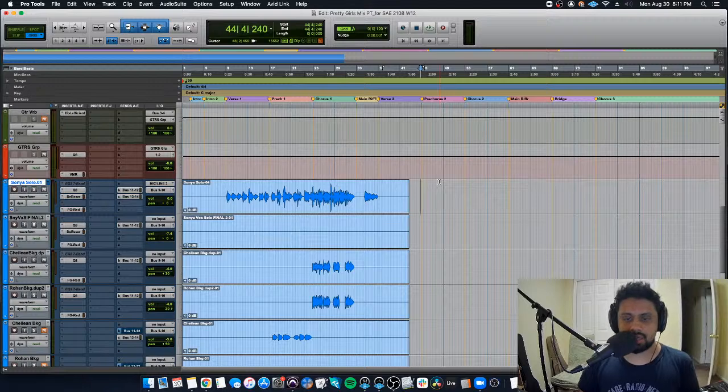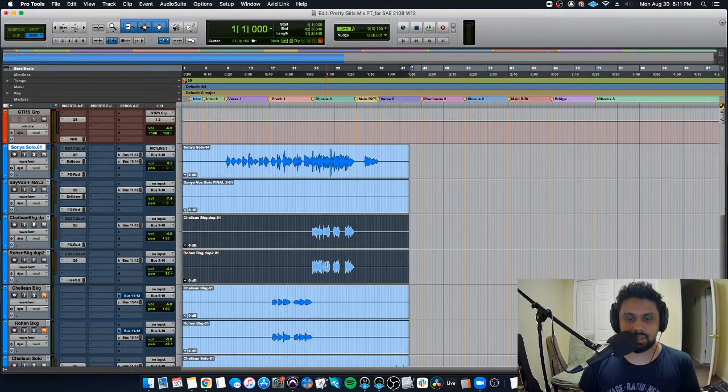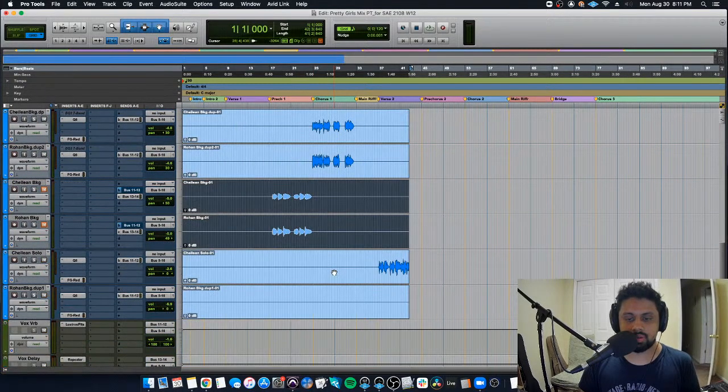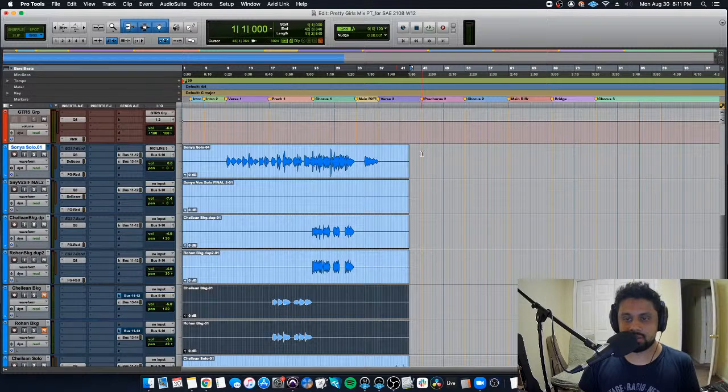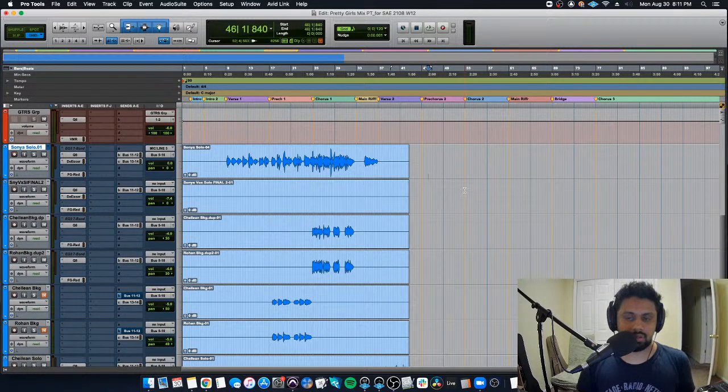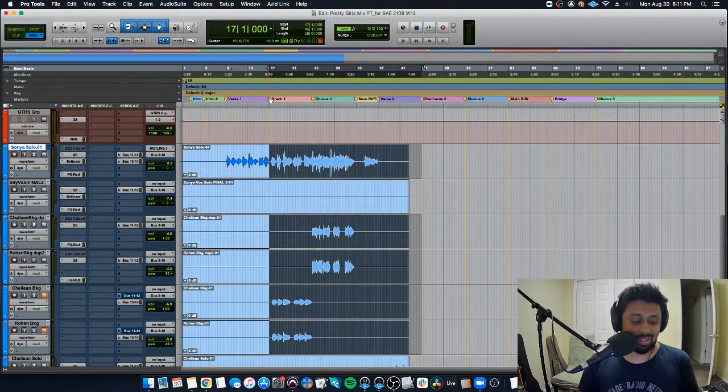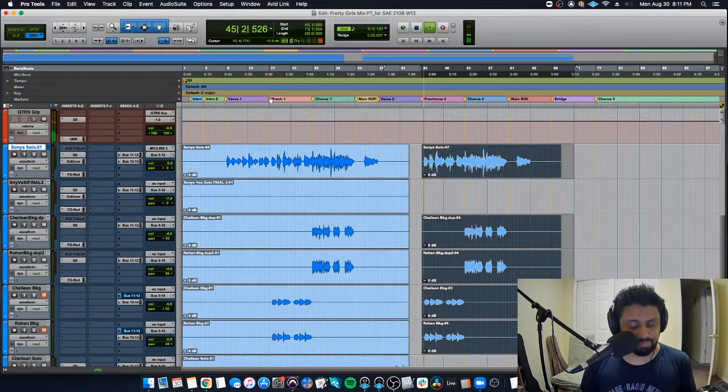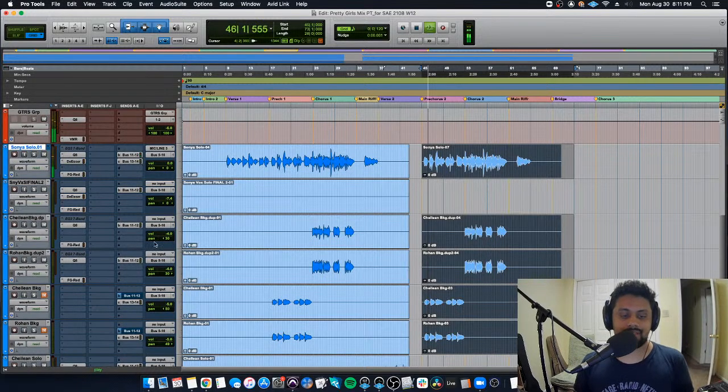Which tracks do I want to copy? I want to copy the main vocals, these 2 vocals, and that's it. So click on the track that you want, put the cursor there, hold shift and click on the tracks that you want as well. Click on pre-chorus 2, hold shift, click on pre-chorus 1,